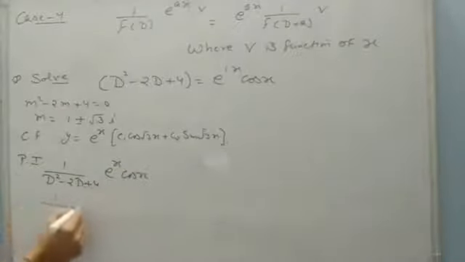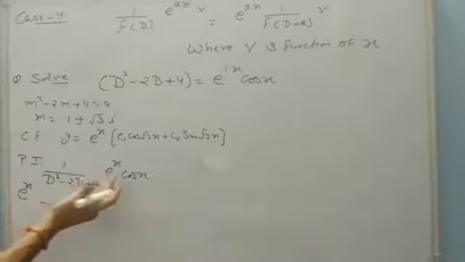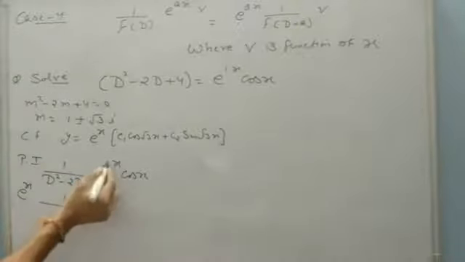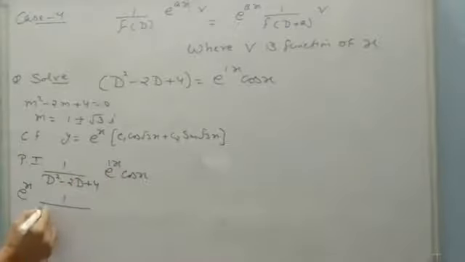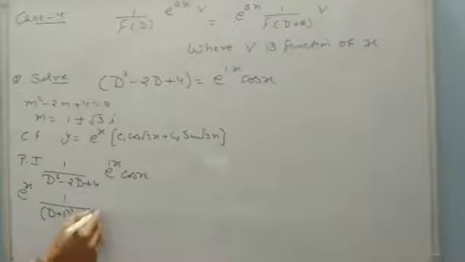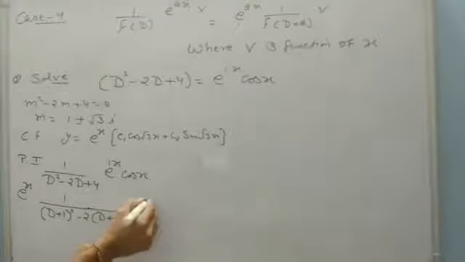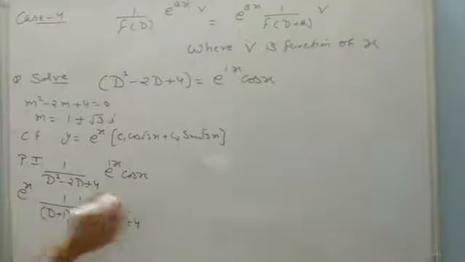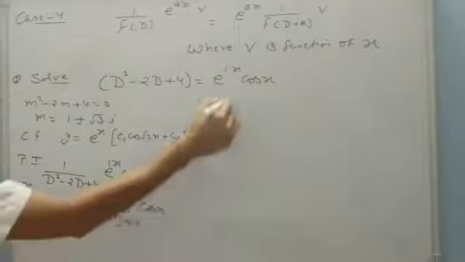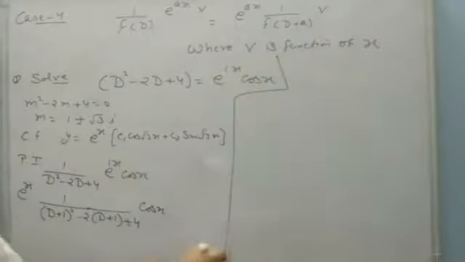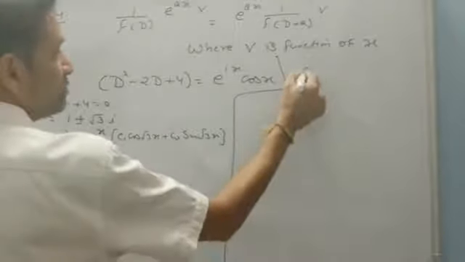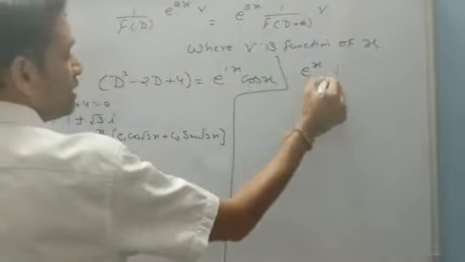I take e to the power x on the left side, and now replace D with D plus 1: D plus 1 whole square minus 2 times D plus 1 plus 4, of x only. Now this equation will become e to the power x into 1 upon